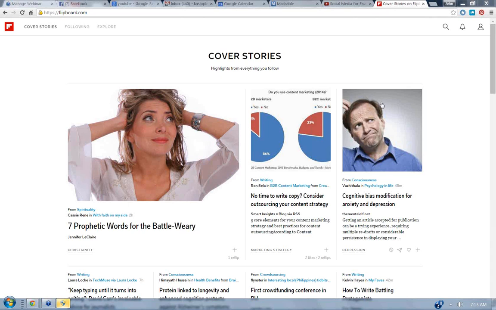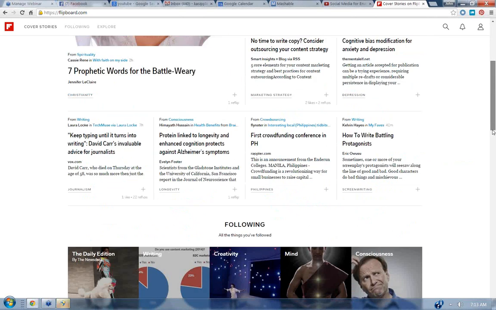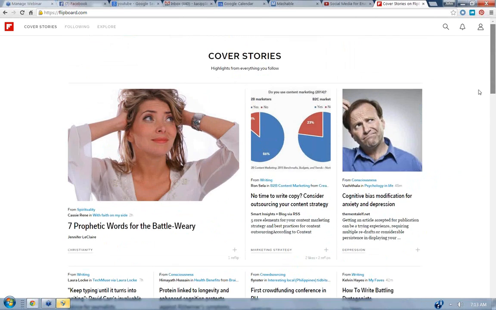And I didn't get quite far enough to figure out if you could follow just individual RSS feeds. I think that's what would make this more what I would consider to be an RSS aggregator. To me, it seems like a content aggregator by theme or topic. But the cool thing is you could design your own Flipboard with the purpose of sharing that content. So if you wanted to put together, let's say, an online magazine about wildflowers or about foraging or